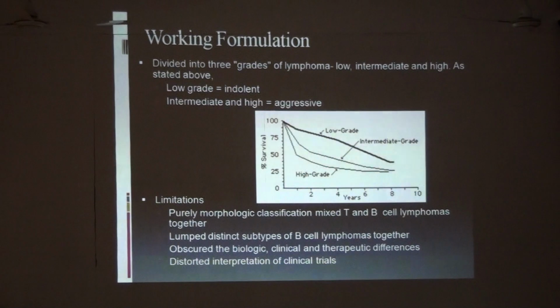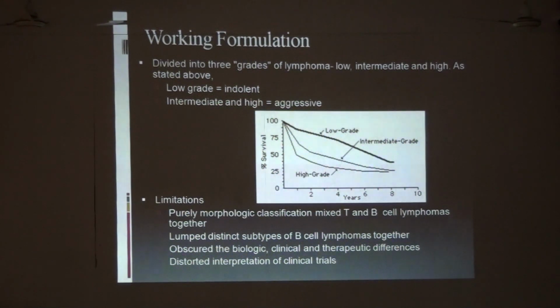Now, for lymphoma, there are so many classification systems. Initially there was the Rappaport classification system, which was started in the beginning. Then many classifications came. The Working Formulation classification still has some importance because it denotes three grades of lymphoma. It divides lymphoma into low, intermediate, and high grade. The low grade lymphomas are usually thought of as indolent lymphoma, and the intermediate and high grade lymphomas are thought of as aggressive lymphoma. If we see the survival curve, for high grade lymphoma the median survival is very less.